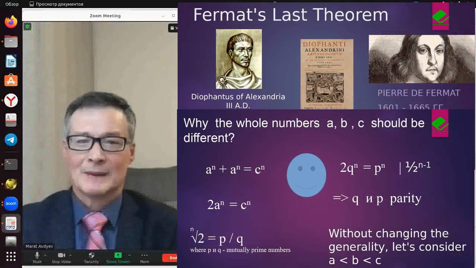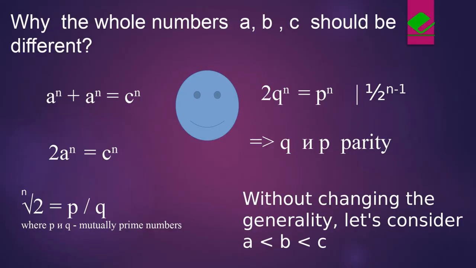Suppose the opposite: if the first 2 terms are equal to each other, then it is easy to see that the root of 2 must be represented as a fraction, say p over q. Let's reduce p and q by the greatest common divisor so they become mutually prime numbers. But then we go to this equation and make sure that we have an even number on the right and left sides. For instance, if degree n equals 2, the right part is divisible by 4, because here p squared is at least twice the prime number 2. So divide the right part of the equation by 4 and make sure that the left part must also be divisible by 2 and again by 2.